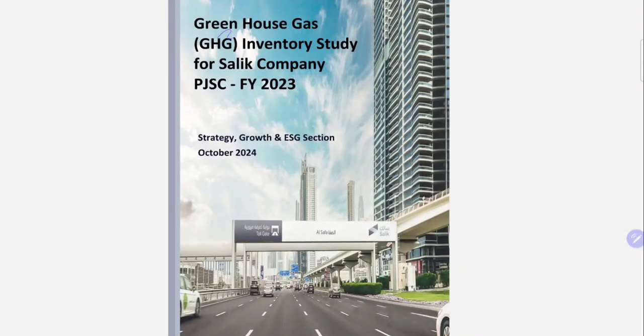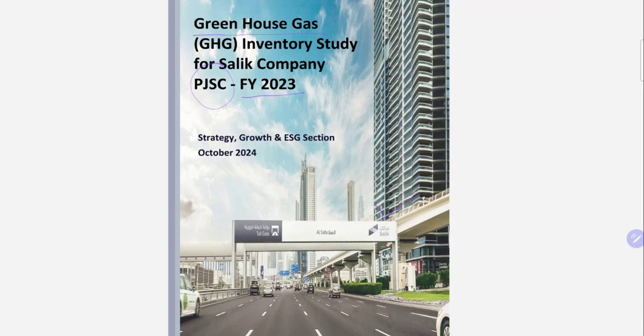So today we are starting one case study, and that is from the company called Salik in Dubai. We will discuss the greenhouse gas inventory study for Salik company. It's a public joint stock company. Okay, and we are going to discuss the 2023 financial year report for greenhouse gas inventory, and this can